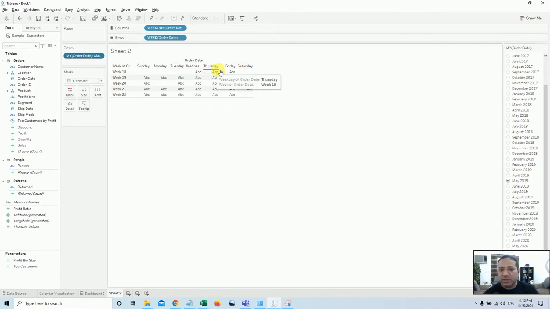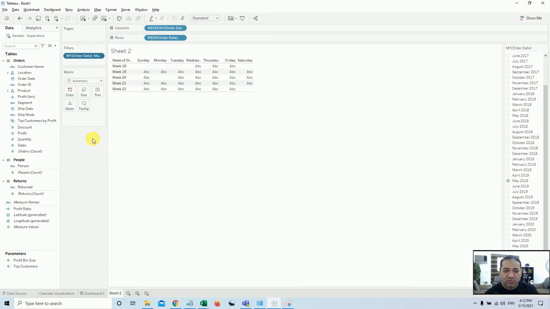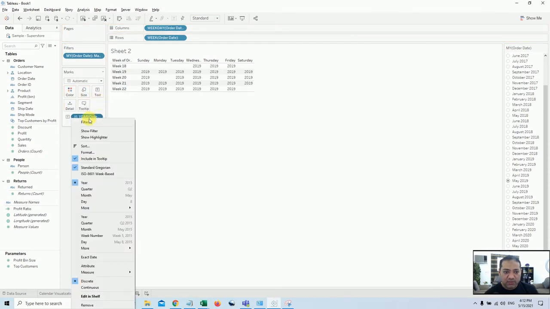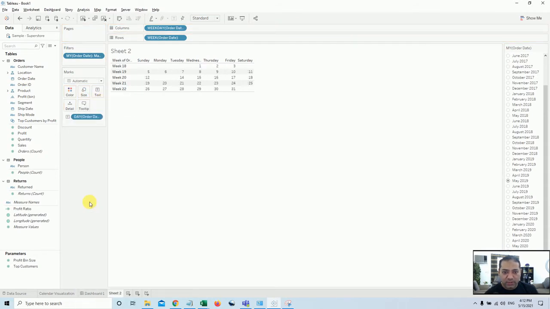This way you can have this visualization, and you can hide the label here. Now to make it similar to a calendar, we'll take the order date into the label text, and here instead of year we'll change it to day. So now we have all the days for this particular month arranged by week number and day name.